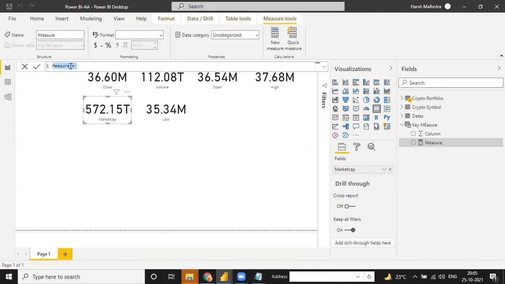See, and if I write it here as close, the first one is close. So I click on this close value, or you can name it Close Price. So guys, for close price, first you have to analyze: do you want your total close price or your average close price? Because cryptocurrency data is showing day-wise data. So for day-wise, calculating your close price as a sum is not a good value for this cryptocurrency.